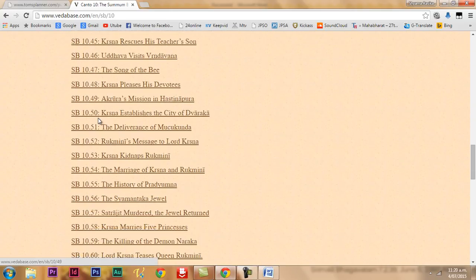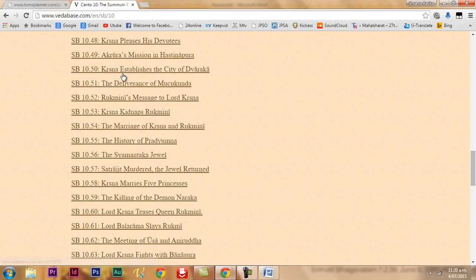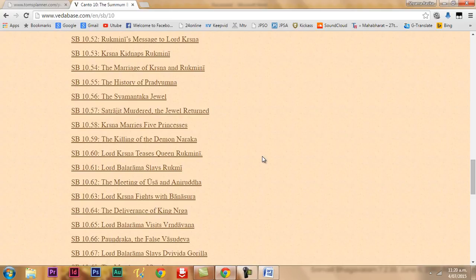For instance, look at this. After Krishna establishes the city of Dwaraka, then he marries Rukmini. And then immediately after that, Shukadeva Goswami starts describing how Krishna married Satyabhama. Then he married 5 other princesses. Then he married thousands of other queens, thousands of other princesses. Now this is not chronological, because Shukadeva Goswami is in a mood to elaborate on Krishna's conjugal pastimes. He has brought it out here. So this is not uncommon.